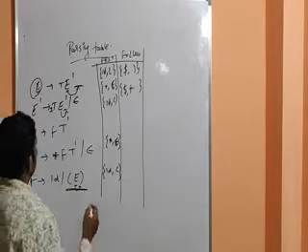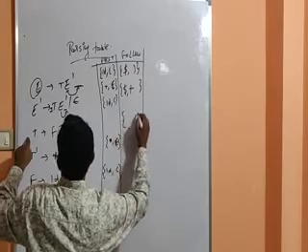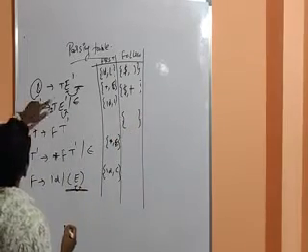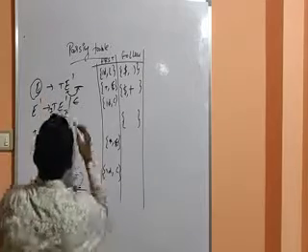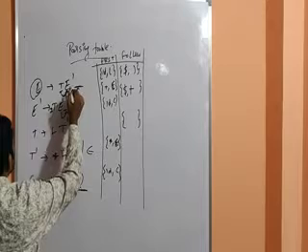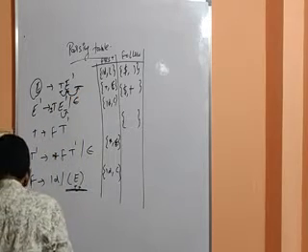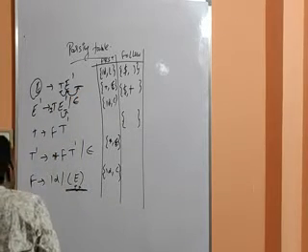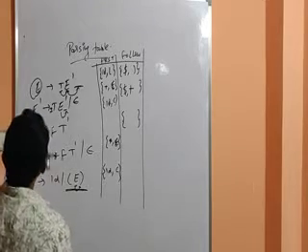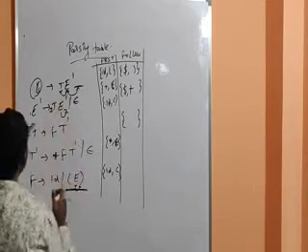So come to the capital T. What is the follow of capital T? So where the capital T is here, what is the follow of capital T? Capital E dash. So now you observe where the capital T is representing. Here capital E dash. So capital E dash is a non-terminal variable.